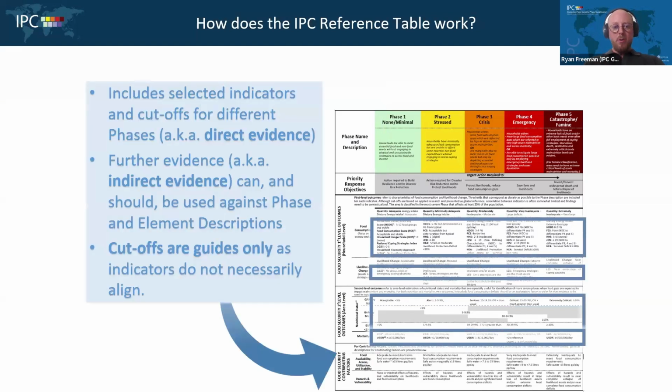So what you'll also notice here is that we have indicators for each of the first level and second level outcomes, and most of them have a unique indicator or a range or threshold, as we'll call it, for each of the IPC phases. So when partners in the field collect data, they're very familiar with the results and whether this is highlighting, according to these indicators, what would be the associated IPC indicative phase.